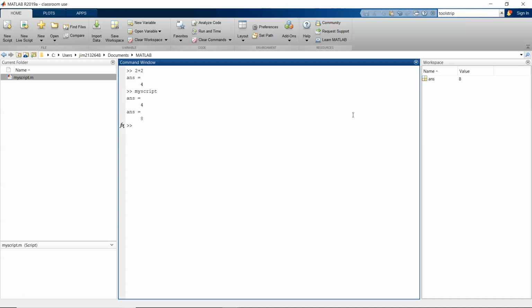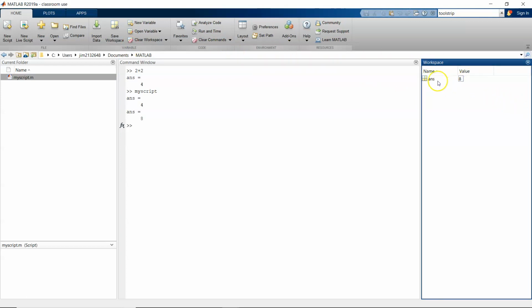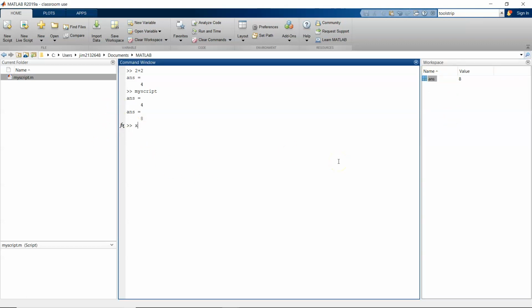Okay, tool strips. Home tab, file manipulation, working with variables. This is the workspace. This is the default variable. Answer is a default variable. You can set x equals 5. And when I do that,